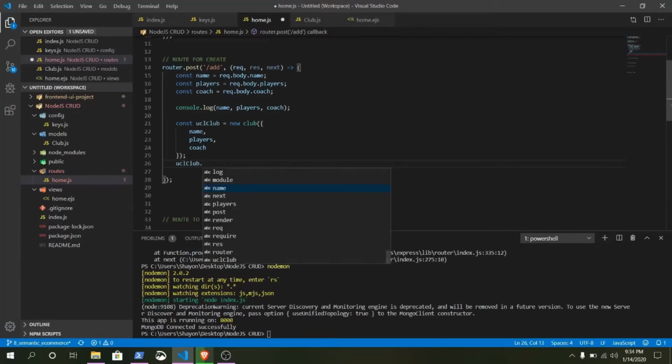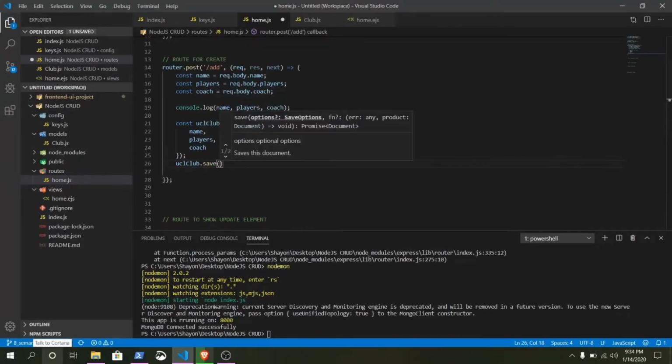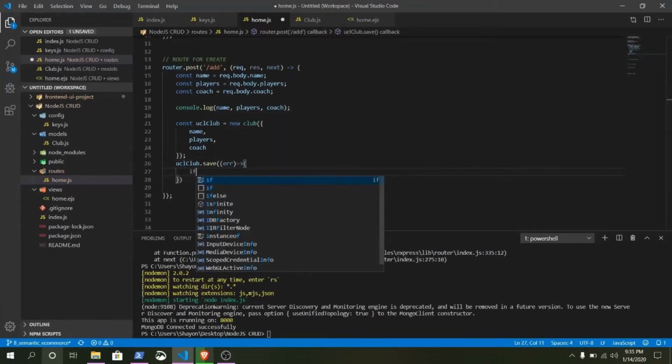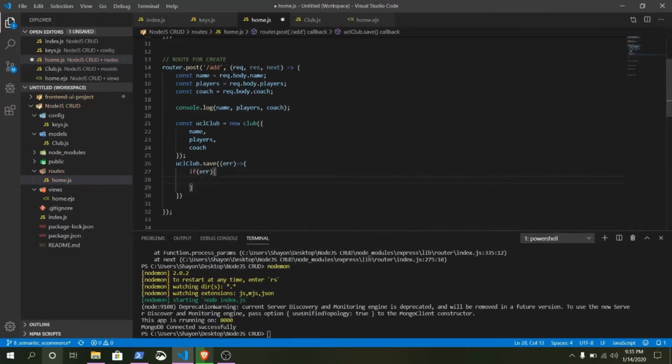UCLClub.save. Now this is the function we are going to need. Okay, now we need a callback function. Just write function err, if there is any error, what it is going to say, just log it out. Else that means everything is going right. So what it is going to print,